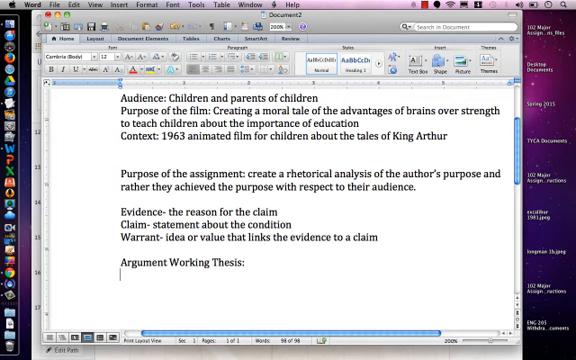is going to be that Disney uses the film The Sword in the Stone to create a moral tale of the advantages of brains over strength to teach about the importance of education. Okay, so Disney